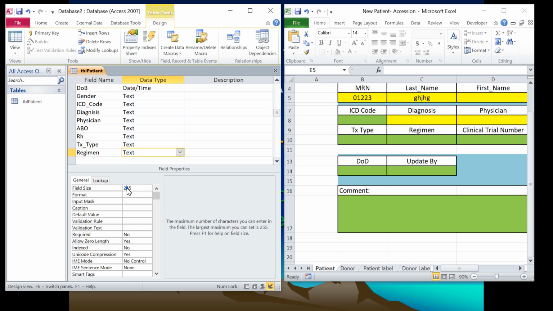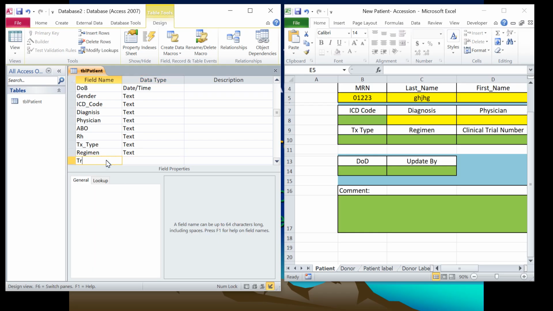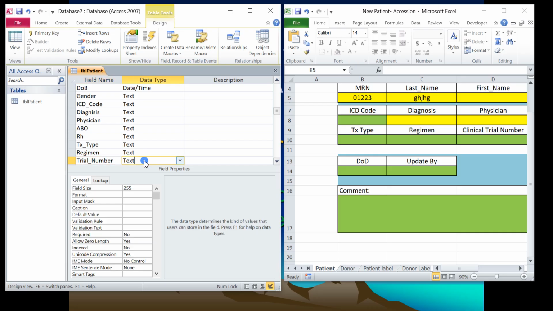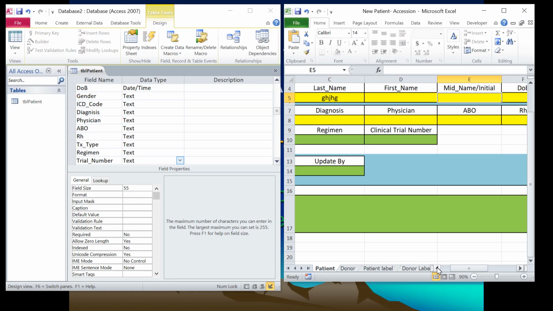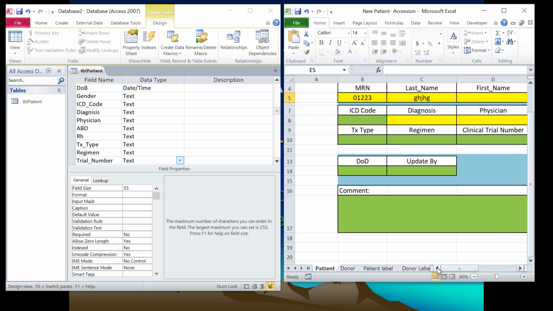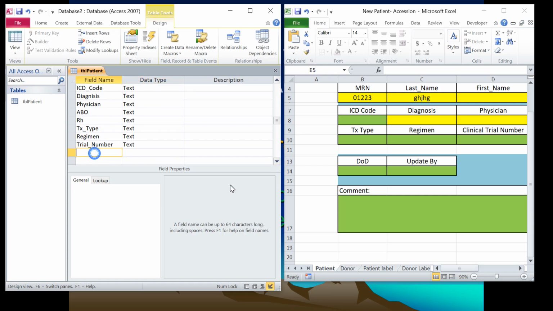The same thing. We have that one and clinical trial number. This number may also be a text. We want it to be text, just in case it's long. So that's it. That's all you have here. And also, in case later you need